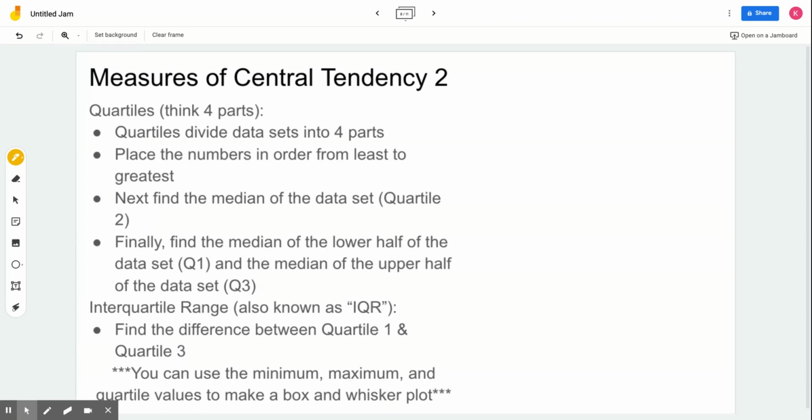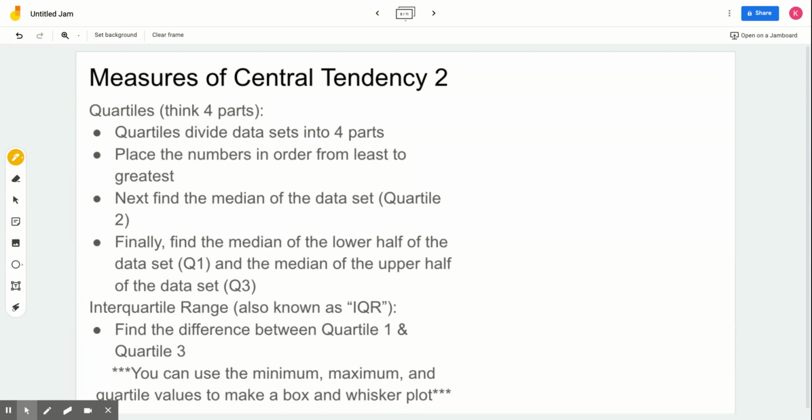So when you think about quartiles, think about quarters or 4 parts. So quartiles divide data sets into 4 parts. To find the quartiles, first place the numbers in order from least to greatest. Next, find the median of the data set. This is quartile 2. Finally, find the median of the lower half and the median of the upper half, and that would be quartile